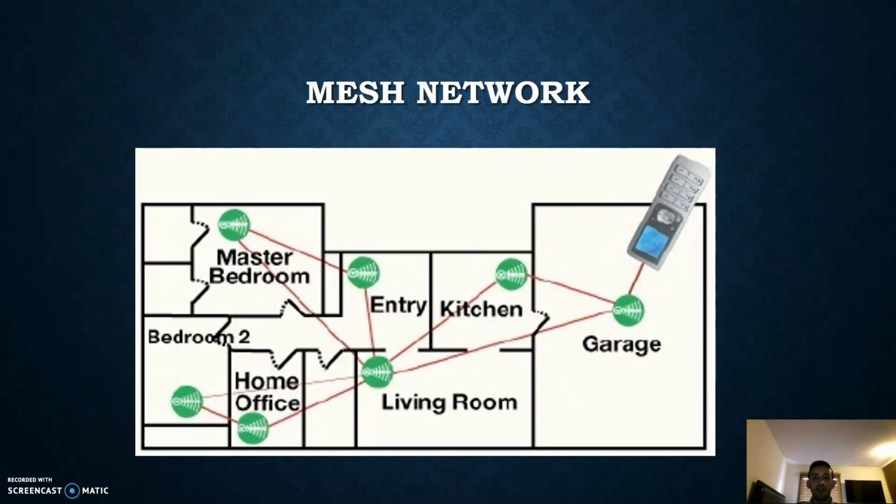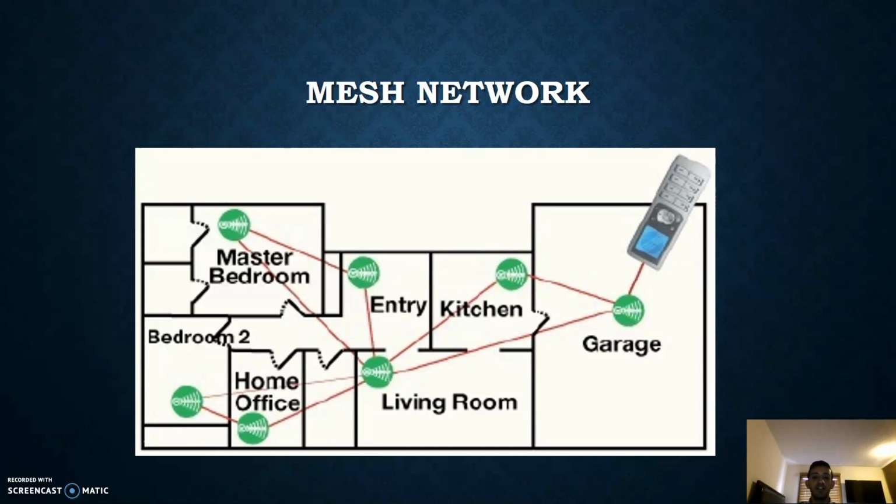So this is kind of a brief. Mesh networking is super involved, but this is as brief or simple as you can keep it. As you look on the right side, you have a controller, which is a remote control, but it could be a hub which has Wi-Fi connection. This controller sends a signal to one of the devices, which is the garage. And the garage knows which devices it's linked to, which is the kitchen and the living room. So it relays the signal to them.